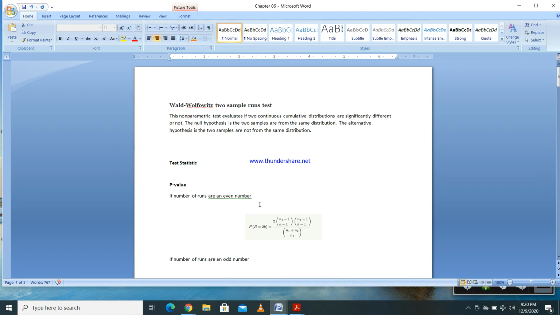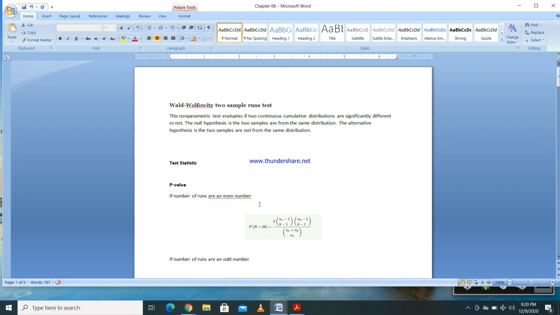If you have two samples, in that case, if you want to test whether there is a relationship between these two samples, or whether these two samples are coming from the same distribution or not, in that case, we can use this Wald-Wolfowitz two sample runs test, right? So the two sample runs test, right? We use this in order to check when you have two samples, whether the two samples are from the same